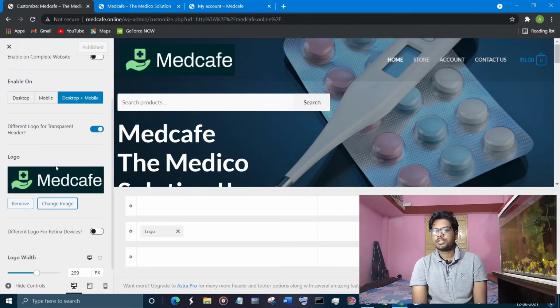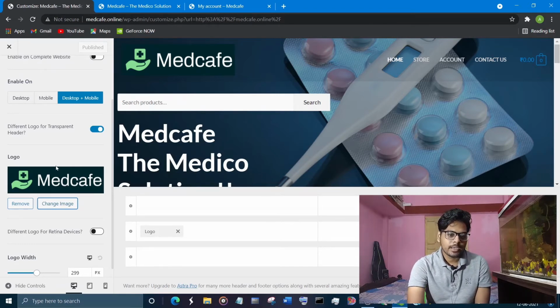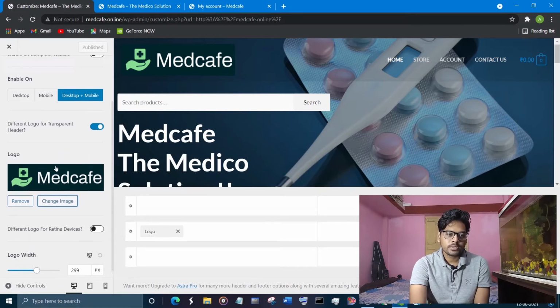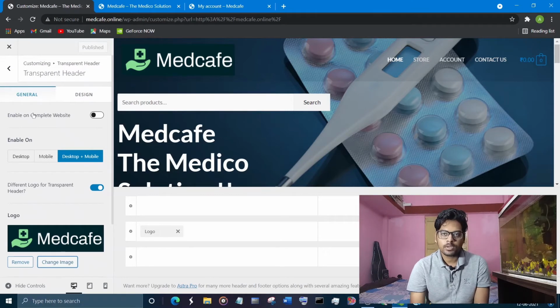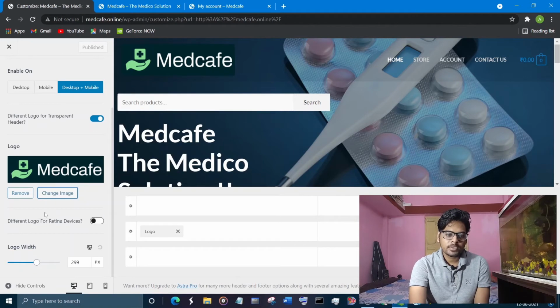And now going to the third issue, for those who have uploaded the logo successfully but it is not visible on mobile. When they open the mobile, they can't even see the logo. Actually, WordPress has created a different logo section for mobile devices, smartphones or tablets, and this is called the Retina device. You can see a different logo for Retina device.